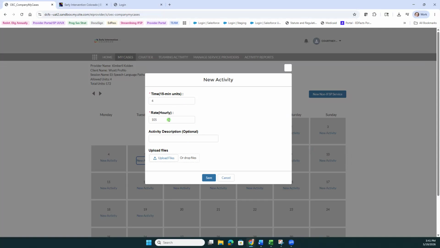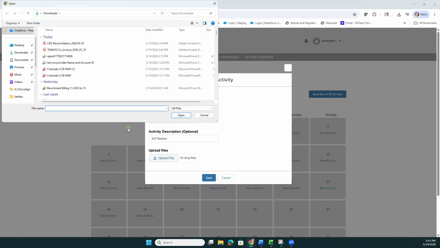If this rate is inaccurate or displays as $1, please reach out to your early intervention broker to ensure they have the most updated rate entered. We have an activity description, and I'm just going to write SLP session. And then we have the ability to upload files. In this example, I'm just going to select upload files,